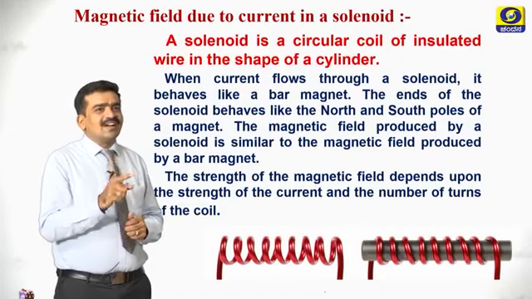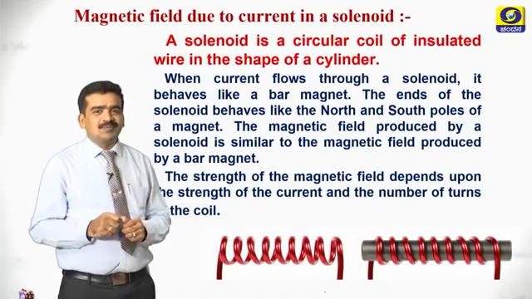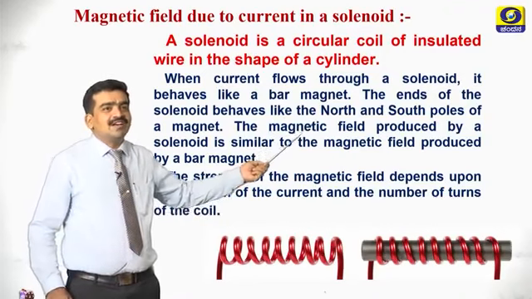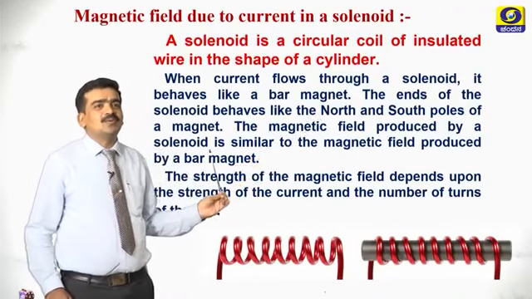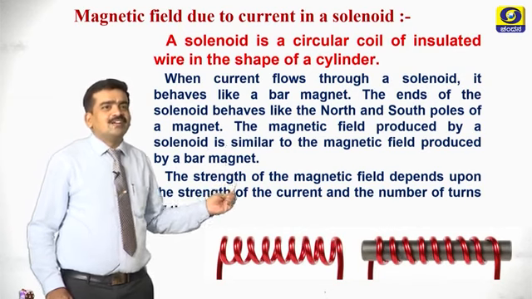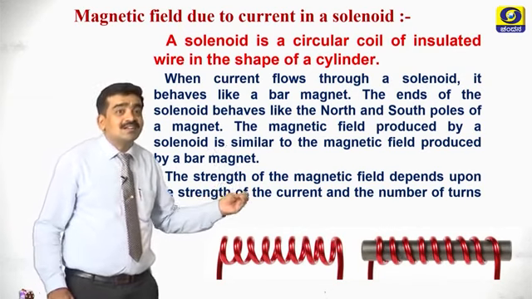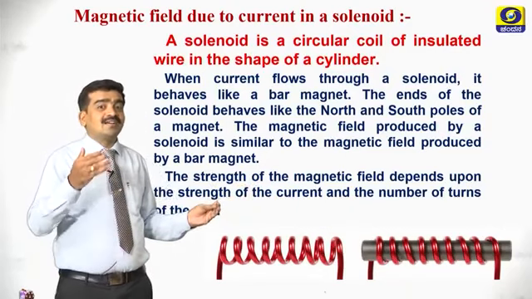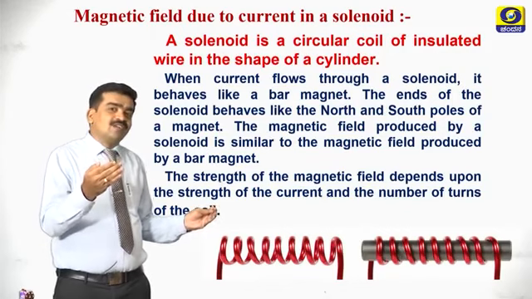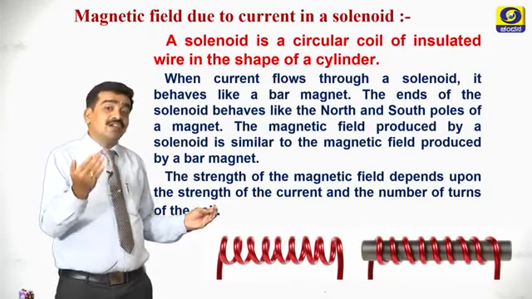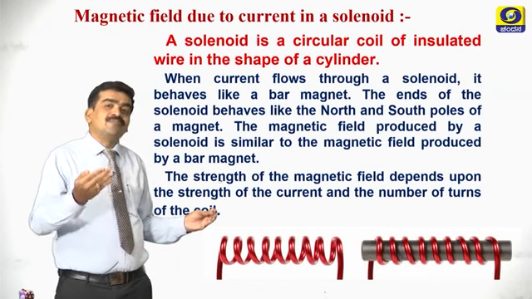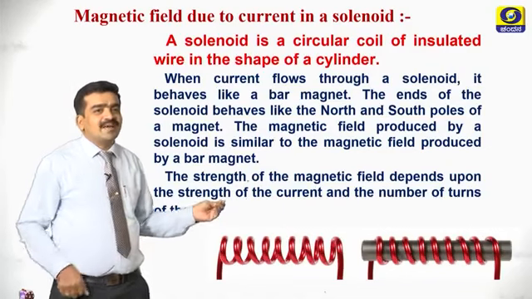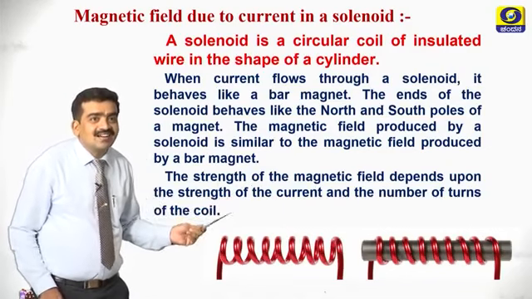The ends of the solenoid behave like north and south poles, just like a bar magnet. The magnetic field produced by a solenoid is similar to that produced by a bar magnet. The way a bar magnet creates a magnetic field, or the way magnetic field lines look around a bar magnet, the same is true in a solenoid too. The strength of the magnetic field depends upon the strength of the current and the number of turns